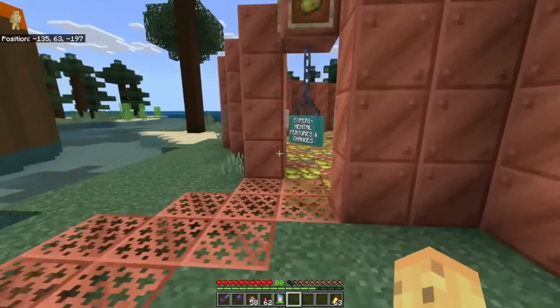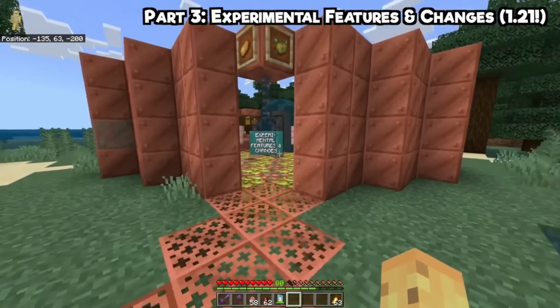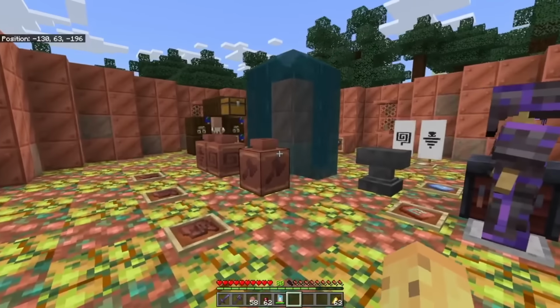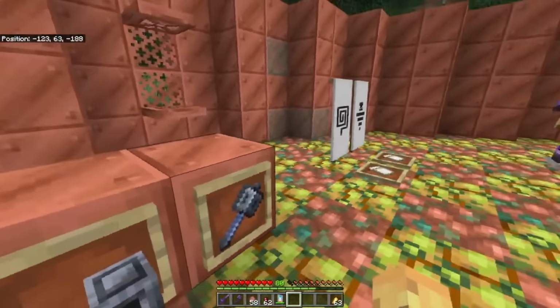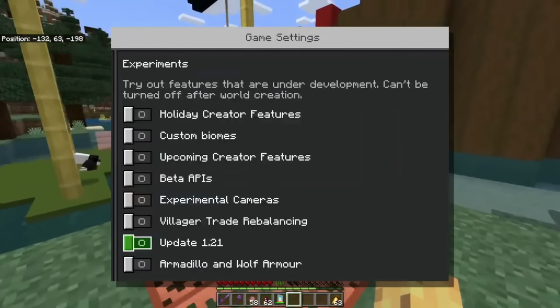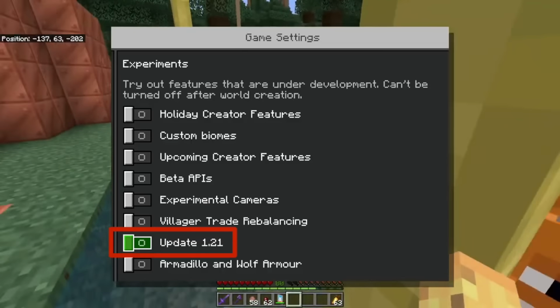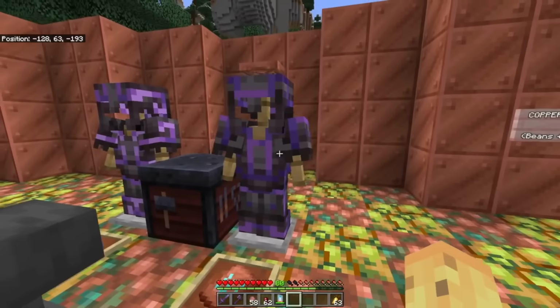You know, the only thing that's worth knowing about now is the fact that experimental features have in fact come here. So the one big notable exception, like I mentioned, is hardcore, but basically everything else in 1.21 now, besides mace enchantments, can now be played with via this experimental feature. So if you go into a brand new world and you hit this toggle, you can basically play an early version of 1.21 that hasn't been fully bug tested,